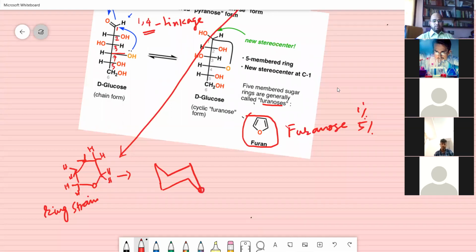And you can put oxygen here. Okay, so you can have like this. I'll put oxygen here, and one more CH2OH. So we saw how 4 OH on the same side gave rise to all the 4 OH, OH, OH, OH. This is the alpha form, and this existed in an equilibrium form, in which we wrote like this.